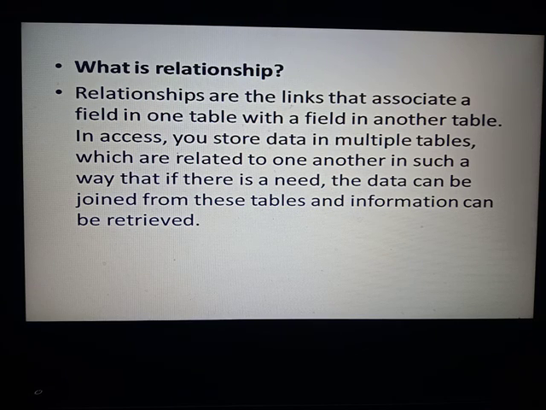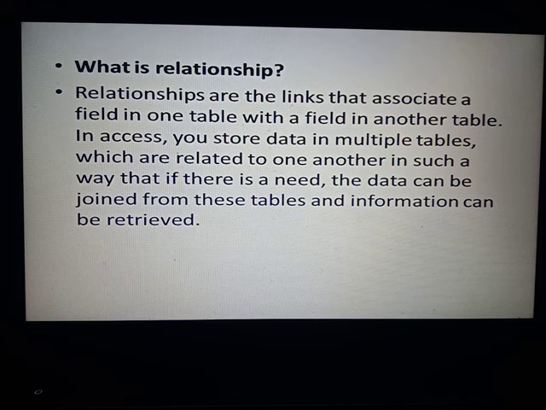So in MS Access, when we make more than one table, we can interconnect both tables with the help of a common field. Putting a field name in the correct way is very important in MS Access. In a relational database, we always connect the two tables with a field name. So when we have a common field name, we can interconnect the two tables.